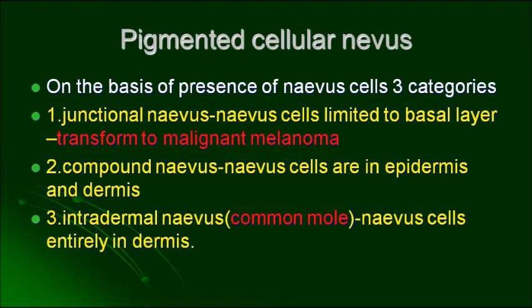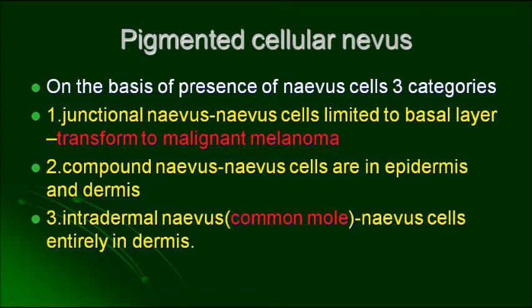So what are nevus? Nevus cells are actually abnormal melanocytes. So do you know what melanocytes are? Melanocytes are the cells which provide color to our skin. It depends upon the number of the melanocytes. They produce the melanin, and this melanin imparts color to the skin. Some people are very white in color, some are brownish, and some are blackish. This color difference is mainly because of the amount of melanin produced by the melanocytes.